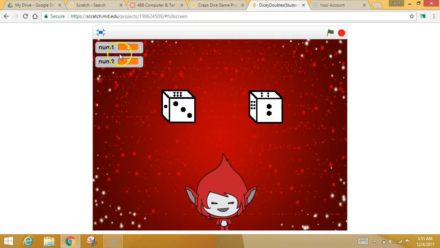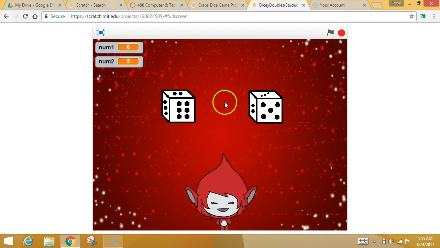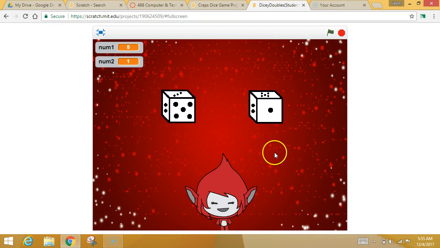So remember, these are the star of the show. The rolling is just smoke and mirrors. When you click him, he sets both of these variables. Then these guys use those variables to decide what costume they're showing once they're done with their rolling animation. 6, 5. So debug yourself, make sure that it works in this way,